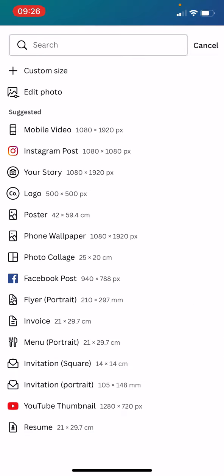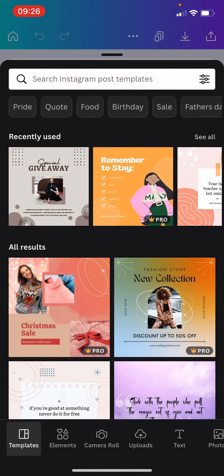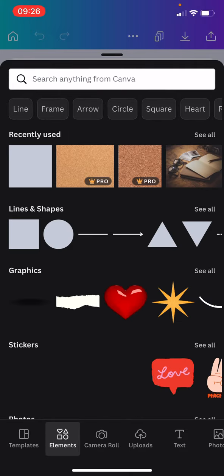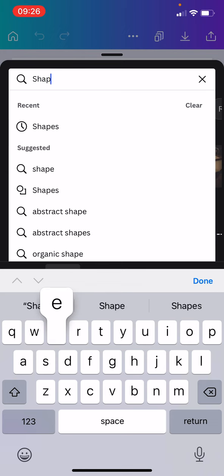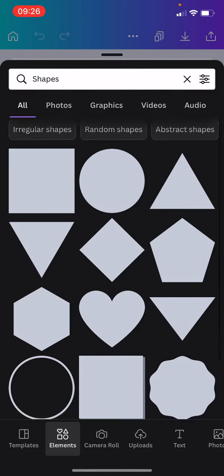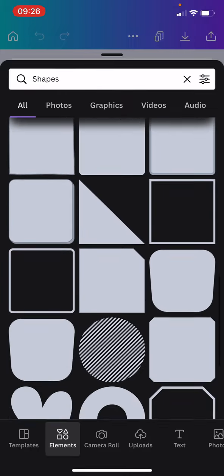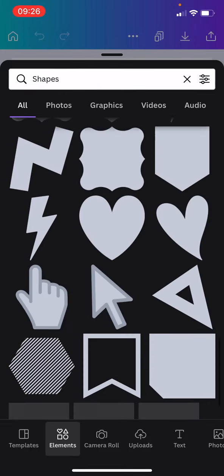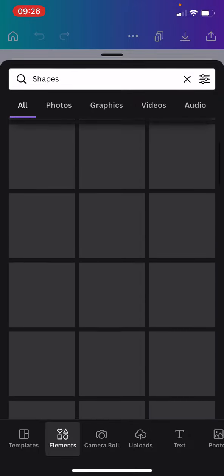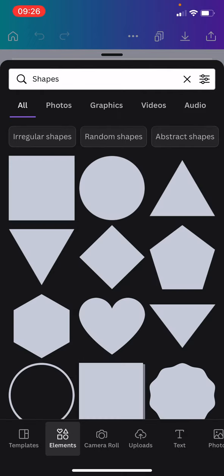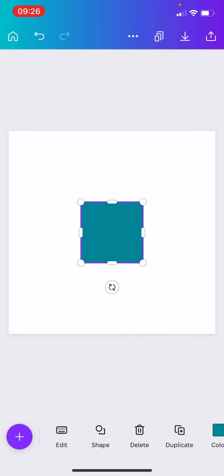First of all, I'm pressing my little purple circle and I'm just going to choose an Instagram post. I'm going to bring up a template. It automatically brings up all of the templates that are available. And I'm going to click on the Elements tab in the bottom left-hand corner. In the search bar, I'm typing in shapes and it will bring up all of the basic shapes that Canva offers. Now, these have always been there. I'm not sure if there are any new ones recently, but there are lots of basic shapes that you can use within your designs. But I'm just going to choose the square, the top left-hand corner,